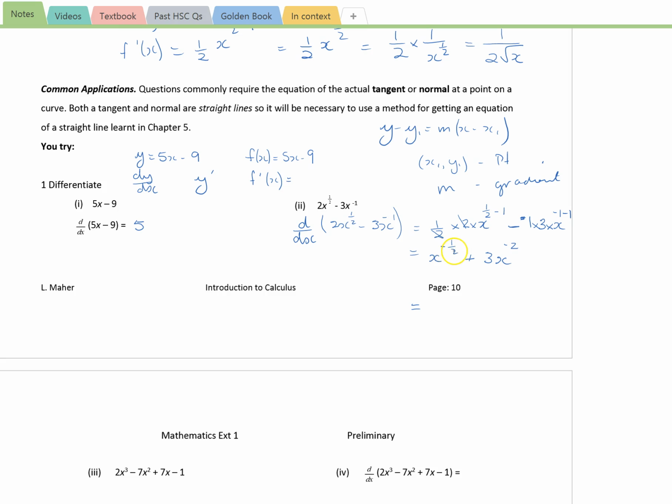X to the minus a half may be written as 1 over x to the half, plus 3 times 1 over x squared. And x to the half may be written as the square root of x,